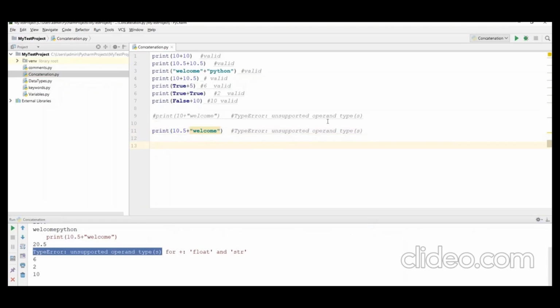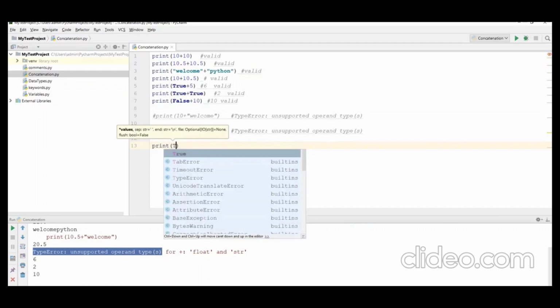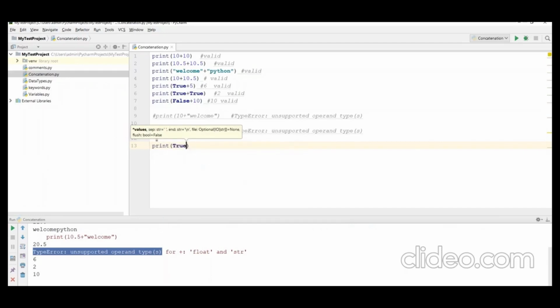Now I will write one more statement. Let's say print, and this time I will use boolean, true, with a string. Now you can see here, true means 1, and welcome is a string. So both are different types, and this will also give you the same kind of error.